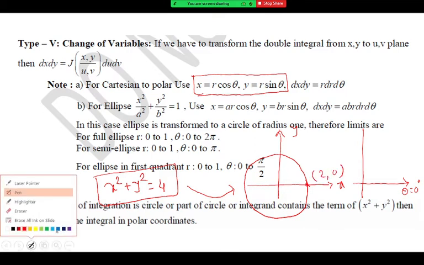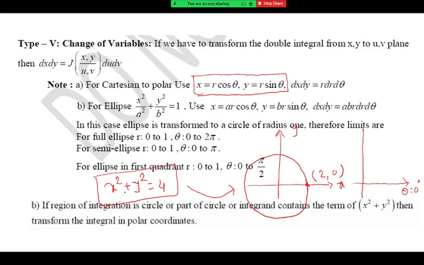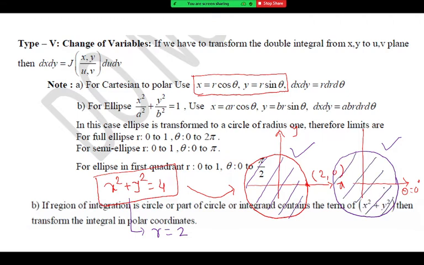And if we draw the same curve in polar form, what is the equation of this circle in polar? r is equal to 2, is it? Are you getting? Yes, sir. x is r cos theta and y is r sin theta. If you replace here, you get r equal to 2. If you plot this r equal to 2, you will observe you don't have a different curve. The curve is the same. So the image remains the same. The area remains equal. Same area, same curve. So that is an important thing about this special transformation known as the Cartesian to polar transformation.